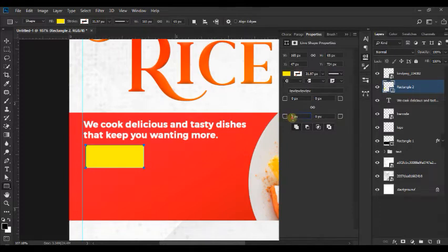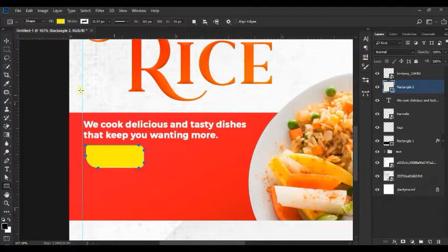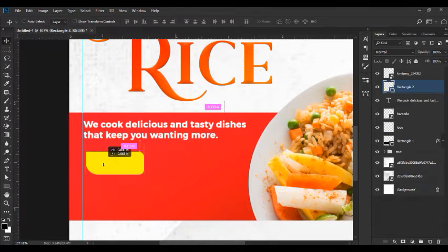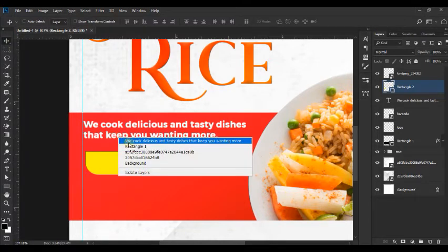So for this, I'm going to set this to 35, and for this I'm going to set this to 50, and this to 15. I'm going to leave this just the way it is. Push this down a little bit and